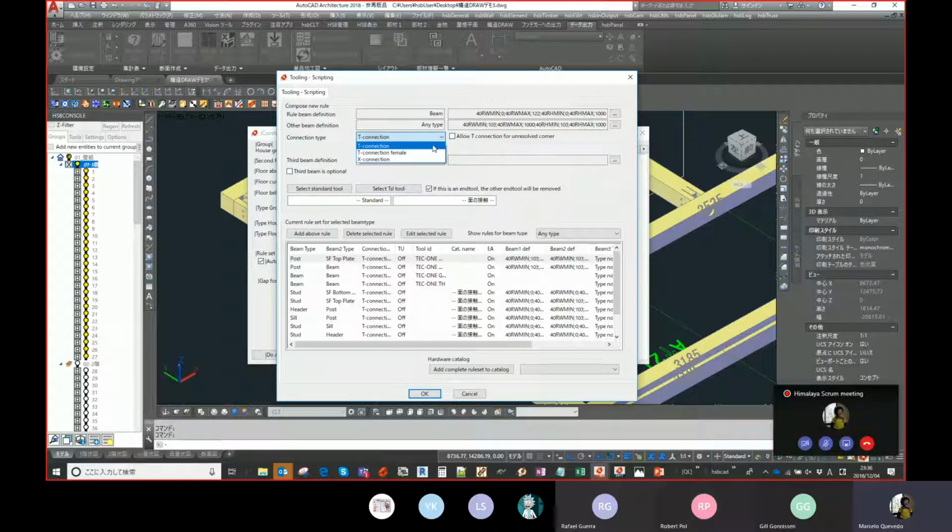Yes, and the geometry is hard coded against it. So a T type is a male hitting a female beam. T-type connection female is a female where a male beam is hit. And then a cross is any type of